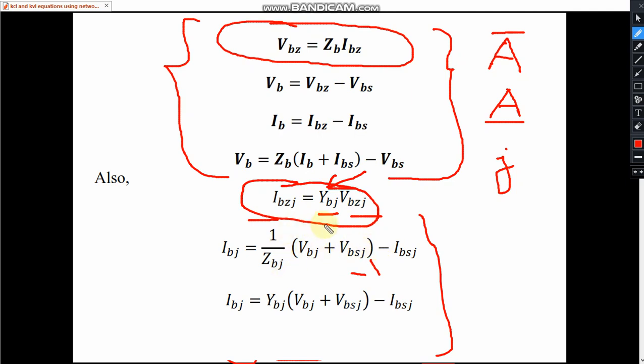The only thing is that now this YBJ is nothing but 1 upon ZBJ, or we can say this thing can be written as IBJ plus IBSJ, and this thing is VBJ plus VBSJ, as we have noticed earlier. So the equations can be written in this manner,